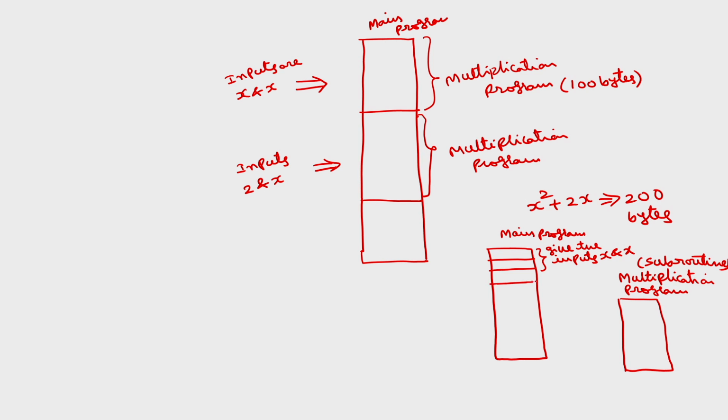Here we will call the multiplication program, and this is the starting address of the multiplication. So, whenever the call instruction is there, the microprocessor control goes to this one. It will multiply the two inputs that were given before, and the last instruction of any subroutine is return. This is RET, return.